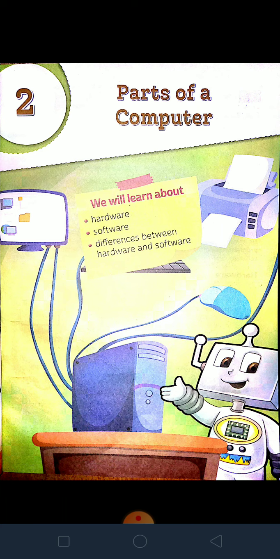And what is our software? Software we cannot see or touch. These are a set of programs. So children, we have learnt about some hardware parts. What are they? Monitor, CPU, keyboard, then our printer, then pen drive, modem. About all this we have learned. I hope all of you have understood.